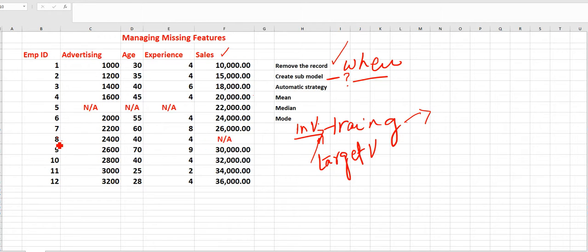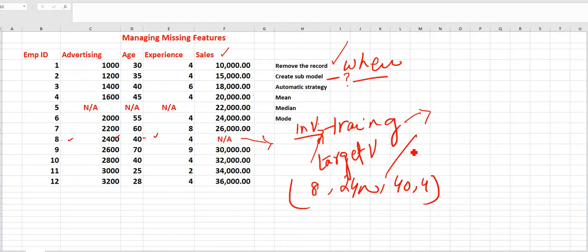But here, only the non-target attributes are given in this data while the target variable is missing. So we will apply these four attributes to our model, and on the basis of this, the model will generate the target variable, which will be predicted, not actual.